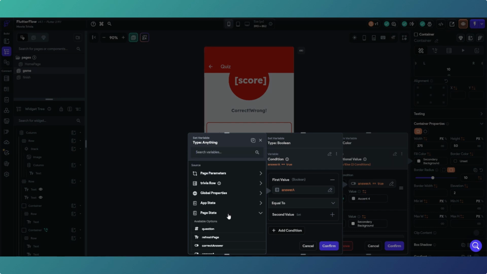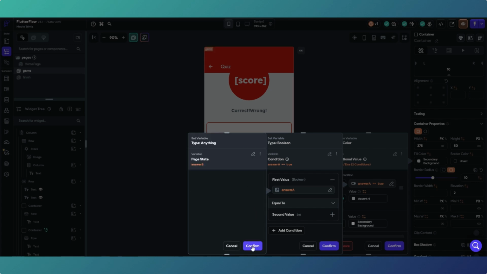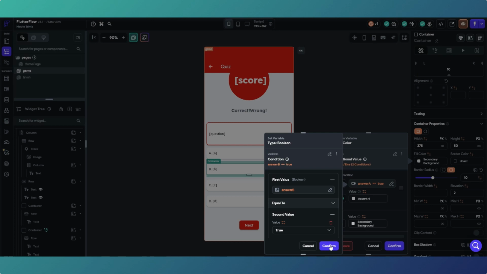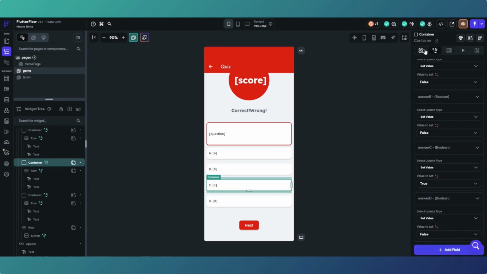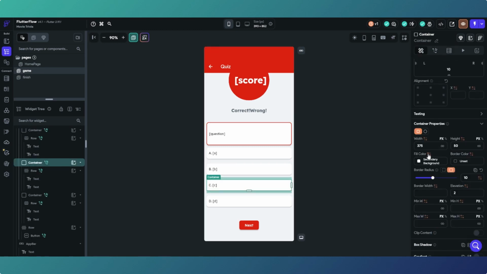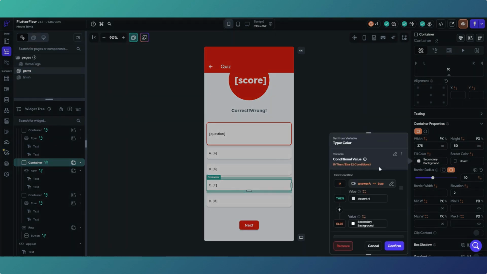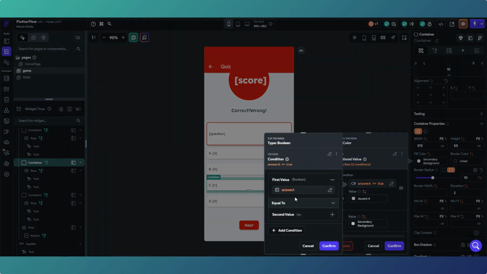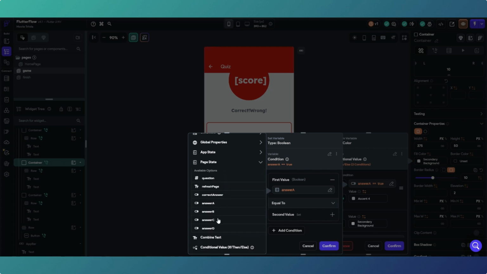Page state, answer B, confirm, equal to true, confirm, and then we'll keep the same colours, just to speed it up very slightly. And then again on container C, head back to your colour palette, and on the fill colour dynamic options, I guess you call them, rather than just the static colour, you can paste the variable again, and we're changing that from answer A to page state C,